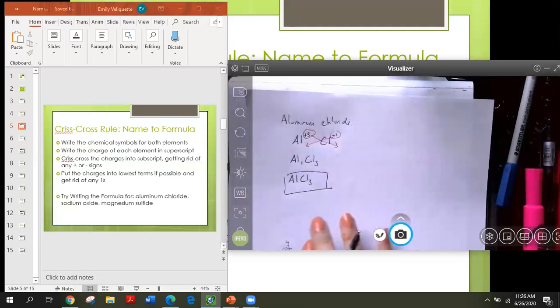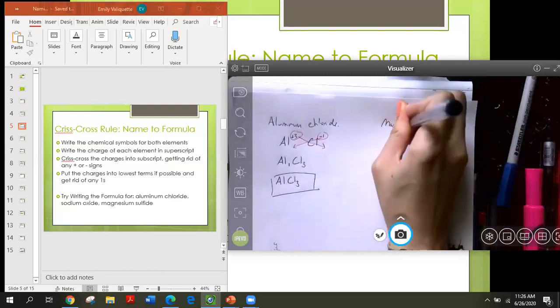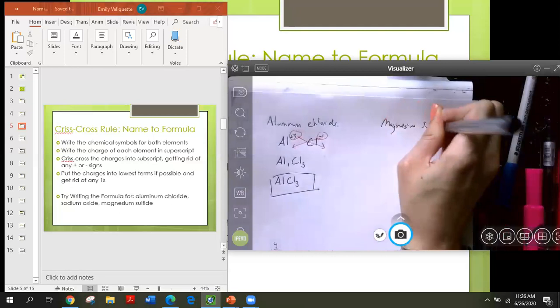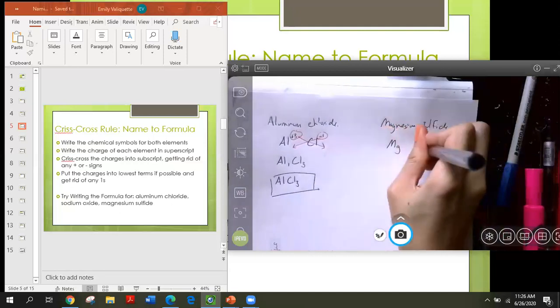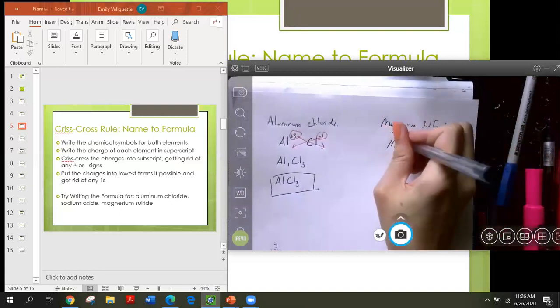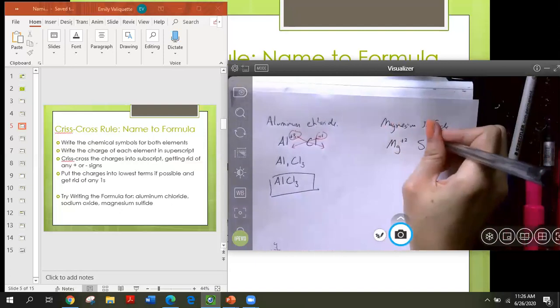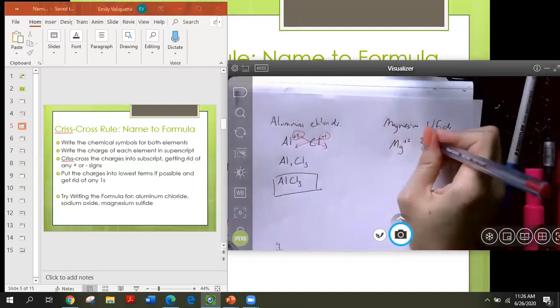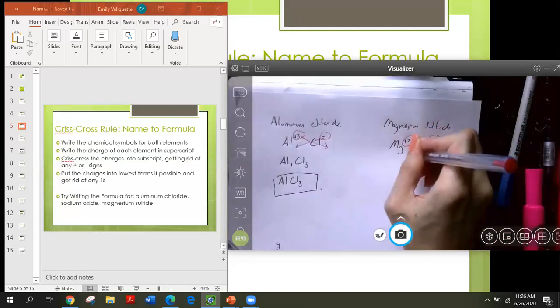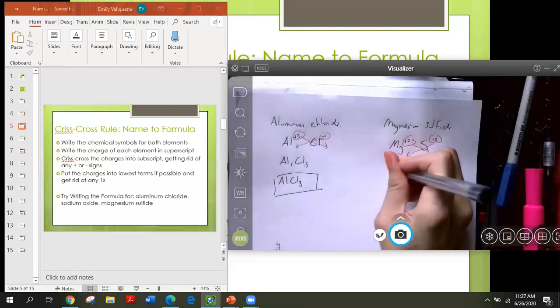Let's try magnesium sulfide as well. So the symbol for magnesium is Mg, sulfur is an S. Magnesium has a charge of +2, being in the second column, sulfur -2 because it's in the 16th column. Then we take our charges and cross them over, getting rid of the plus or minus signs. So we end up with